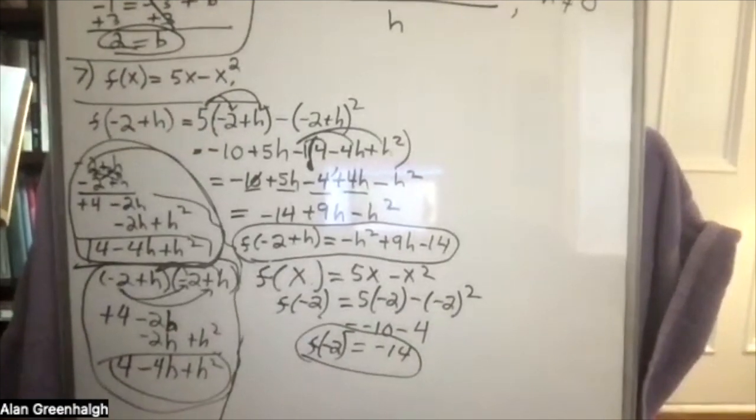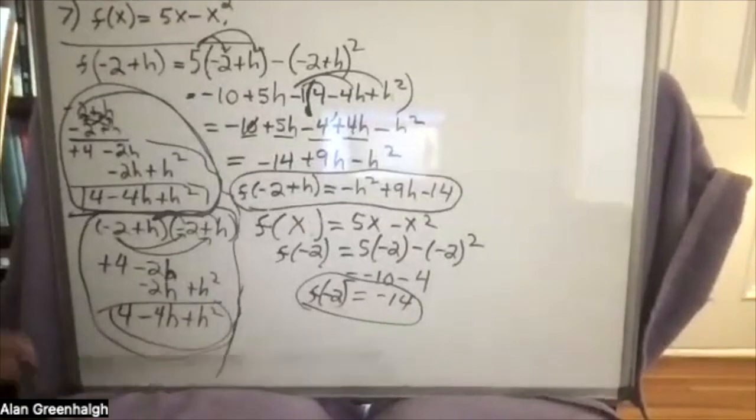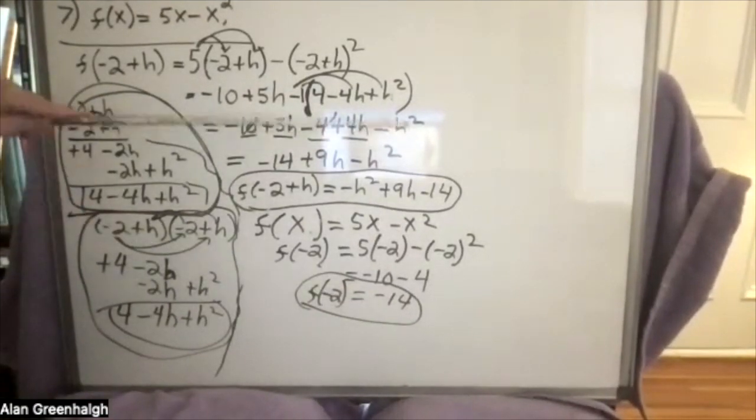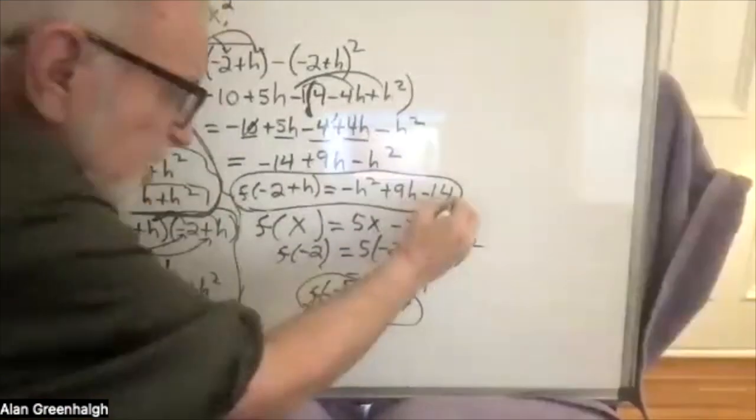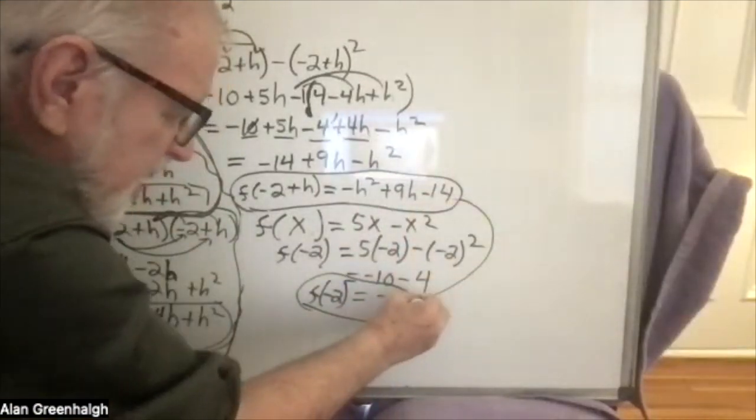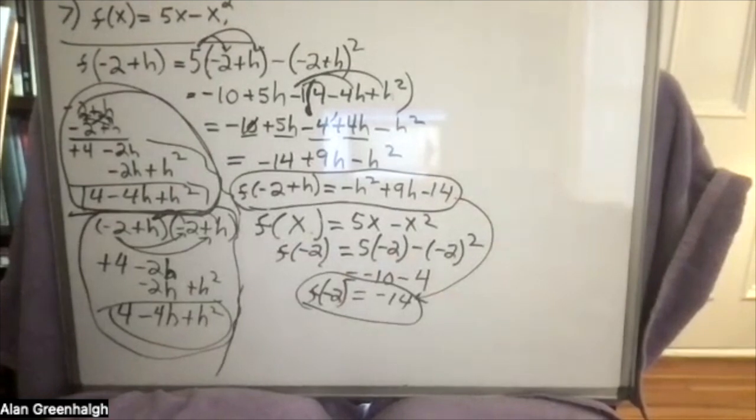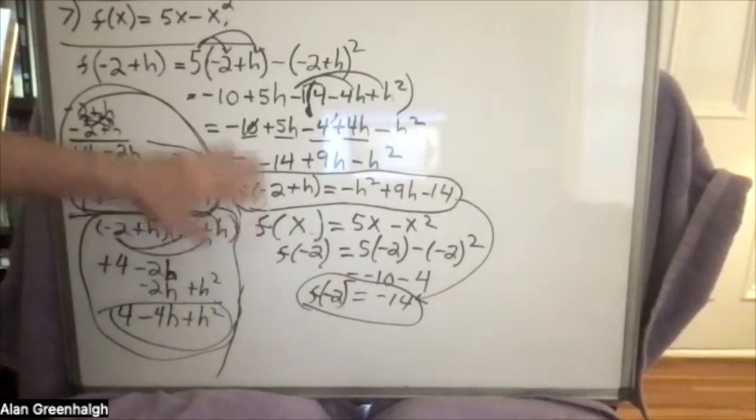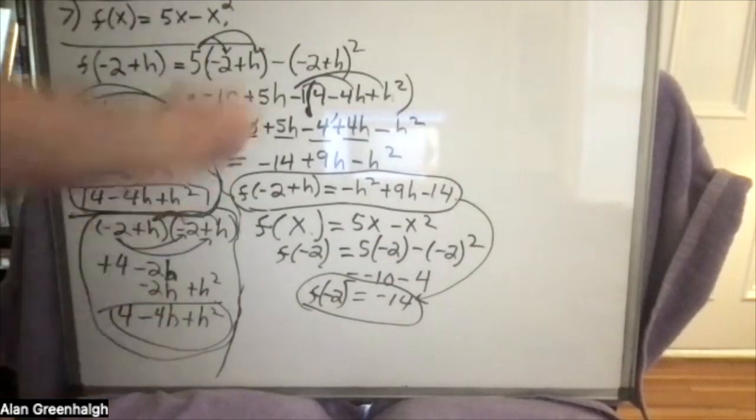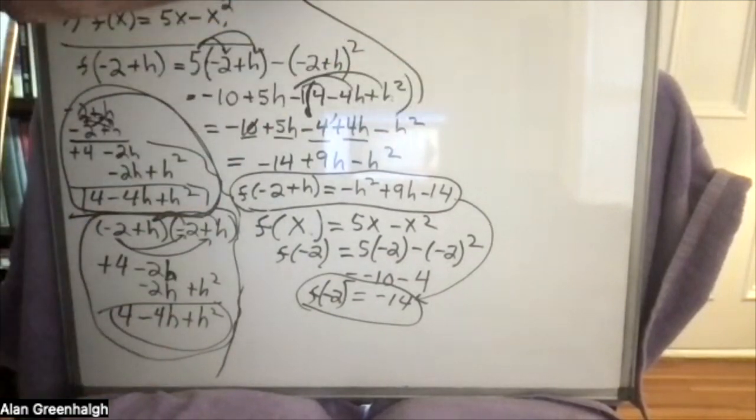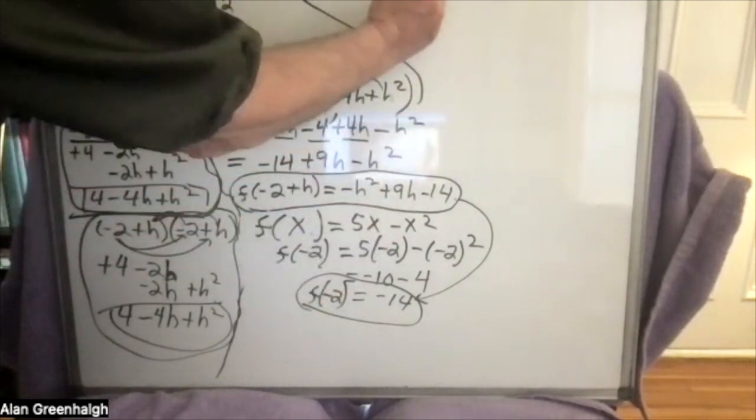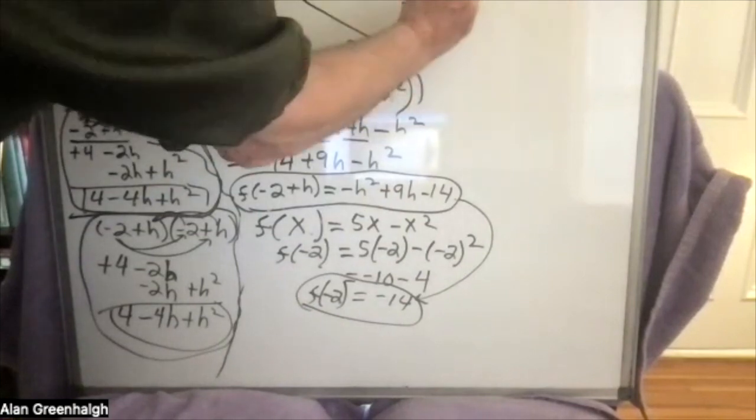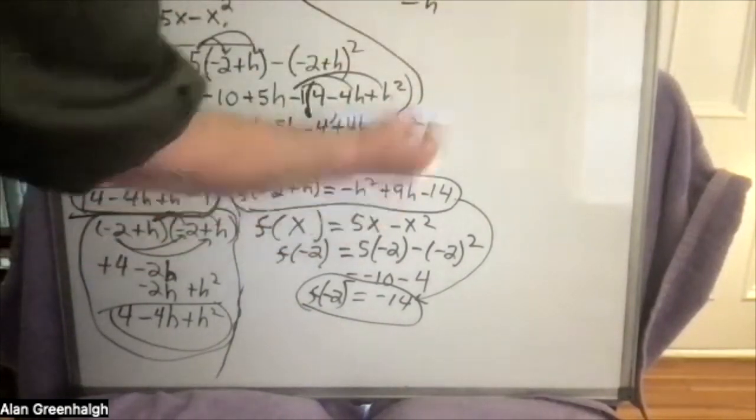And I once told you, I believe, that this has to equal this. This is no coincidence, folks. Okay, now we're going to take this and substitute it in here. So instead of f of -2 plus h, we're going to have -h, draw a line, -h squared plus